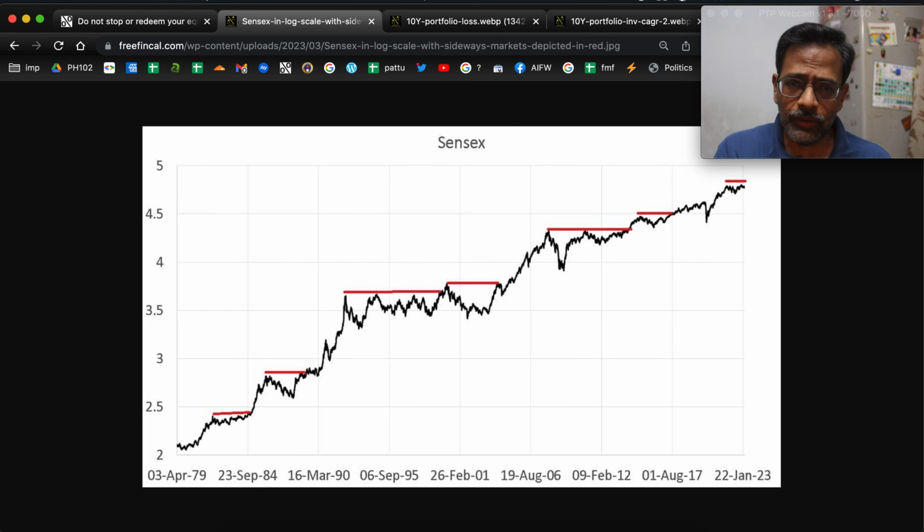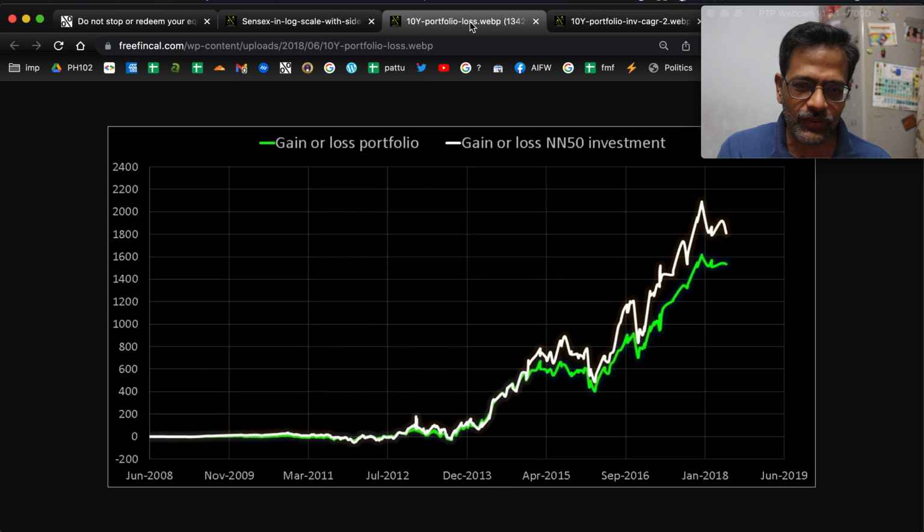I want to show you graphs I have shown to readers or viewers several times before, but maybe somebody's new and they might be seeing it for the first time. This is the gain or loss in my portfolio up to about mid of 2019. The green is the portfolio gain or loss. Of course, I've compared it with Nifty Next 50. Don't worry about that for the moment. I have subsequently updated it in my yearly audits and so on. The white line is not relevant, but if you look at the green line, that's my actual portfolio.